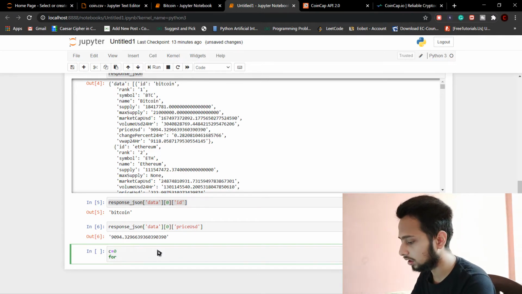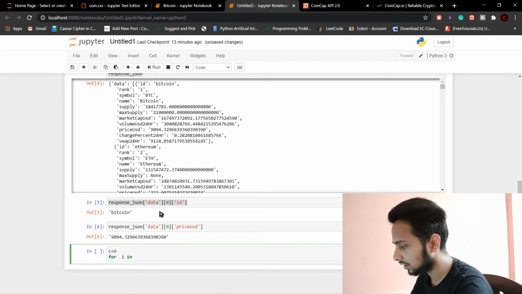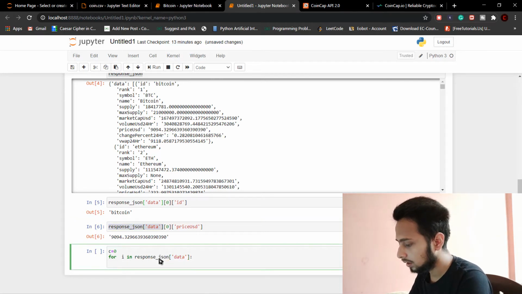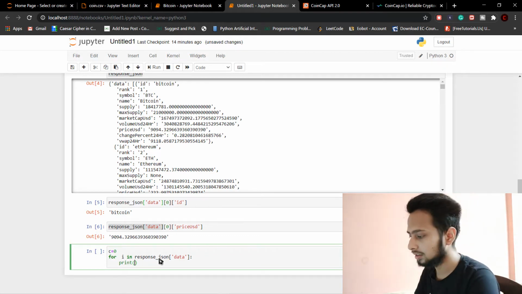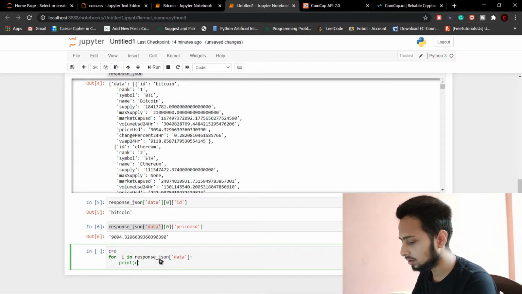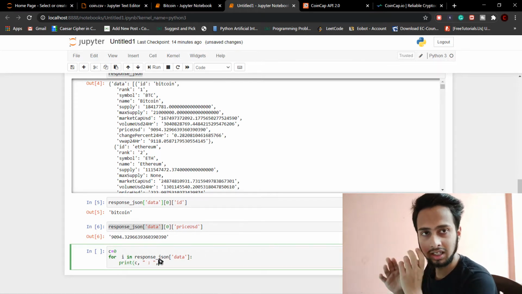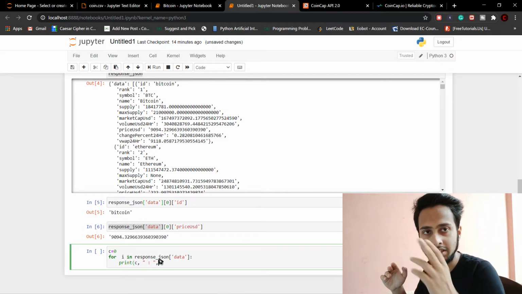Then we can write for I in response.data. We can copy and paste it here. And now we can print. We need to find the coin name, so we are just going to print the ID here, and let me write the C. This is basically the count, like at what index, at 0 it is Bitcoin, at 1 it is Ethereum, things like that.